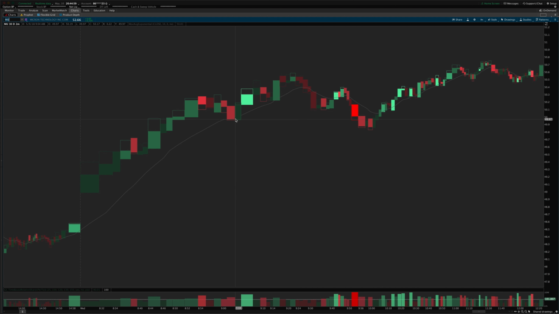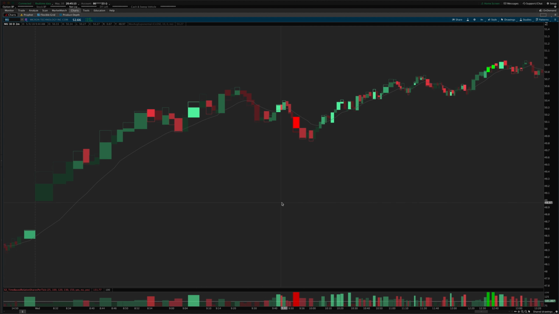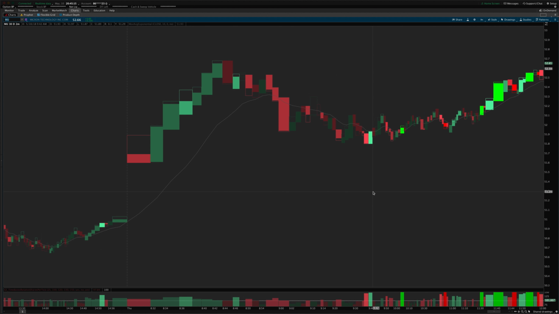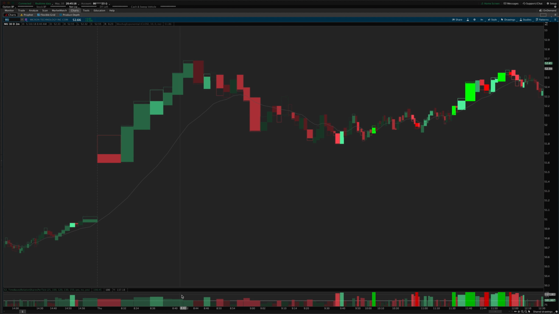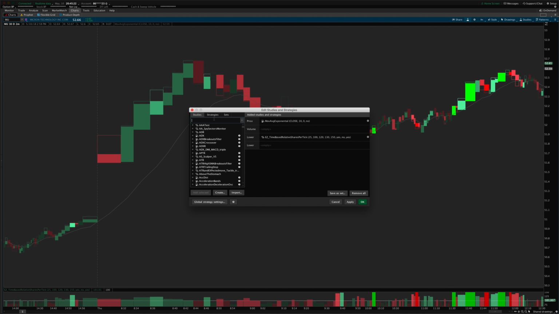This was not as good of a pullback, so I didn't actually buy this yesterday because of this too high of strength coming back to the MA. I didn't really like the look of that, but it would have worked as well for 2 hours, it looks like. So anyway, that's how I like to look at it, because as you can see with the relative volume